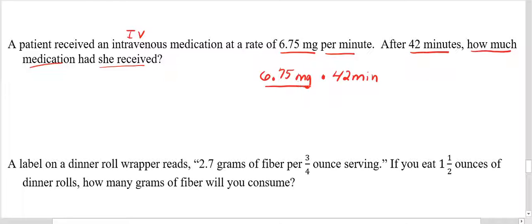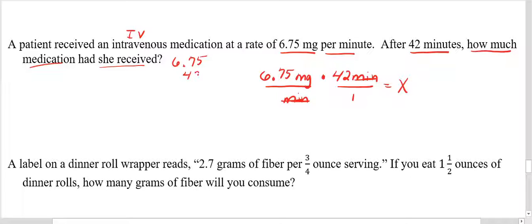Technically, I'm going to have 6.75 milligrams per minute, so I'll have minute, I have this over 1. My minutes will cancel. And then I'm just going to multiply the 6.75 times the 42, and that will give me the amount of medication. So I'm going to do